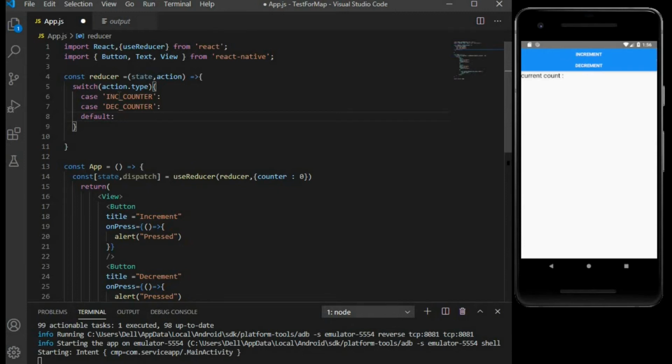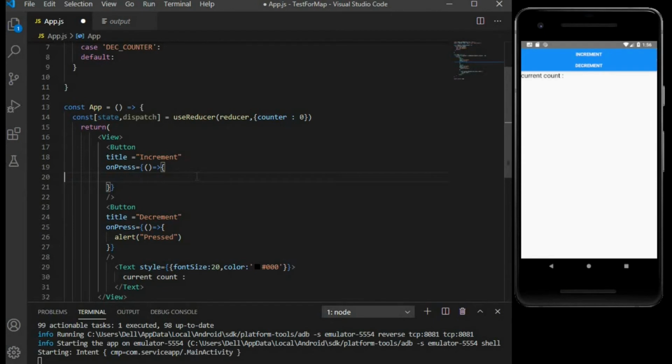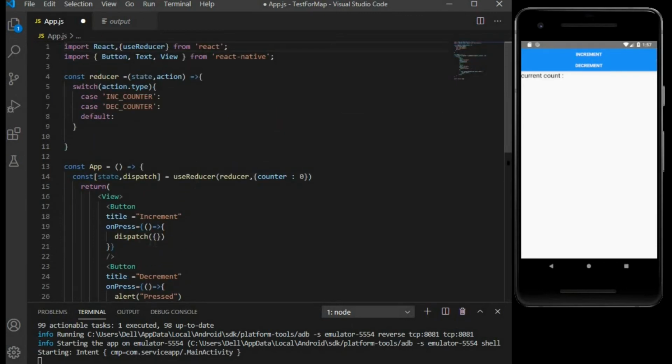You may be thinking about how to call this reducer function inside our main app. I will show you how it should be done. Inside the onPress function of our increment button, I'll write our dispatch function. This dispatch function is passed as an action in the reducer function that we have defined.